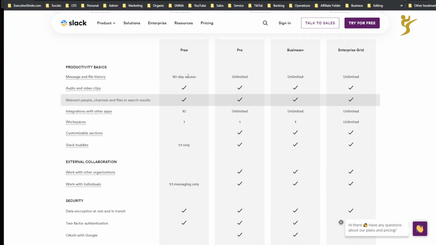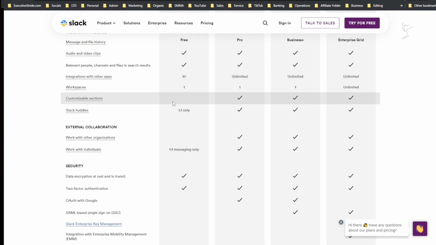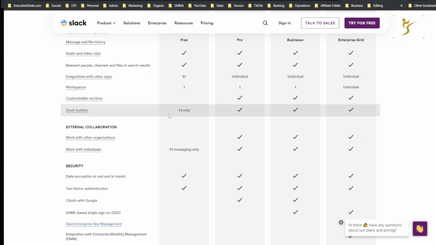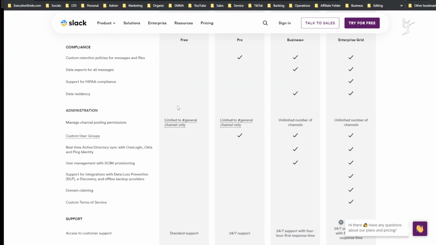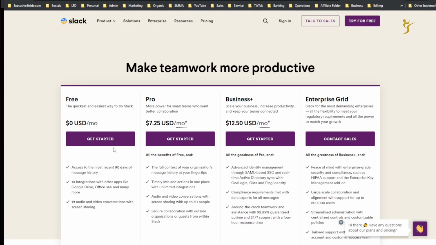So with the free plan, you're limited to 10 app integrations, one custom. You can't have customizable sections. You can only do Slack one-on-one huddles, and there's a lot of limitations. I'm not going to go through them all, but the free plan, it's not ideal when you're scaling, right? So you're going to need like a Pro or Business Plus plan, and it actually adds up when you have